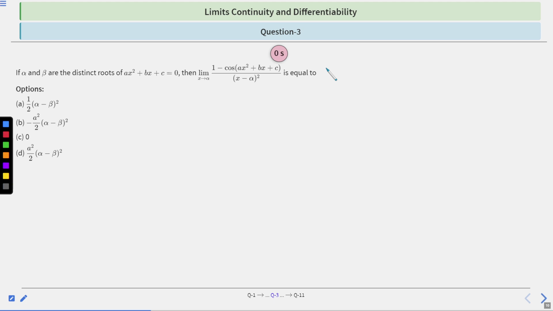Okay, let's move to the solution part. See, here it is of the form 1 minus cos theta, right? So we know that when it is given in the form of 1 minus cos theta, we can apply the formula of cos 2 theta. What is the formula of cos 2 theta? 2 cos square theta minus 1, or 1 minus 2 sin square theta, right? So 1 minus cos theta can be written as 2 sin square theta by 2, clear?